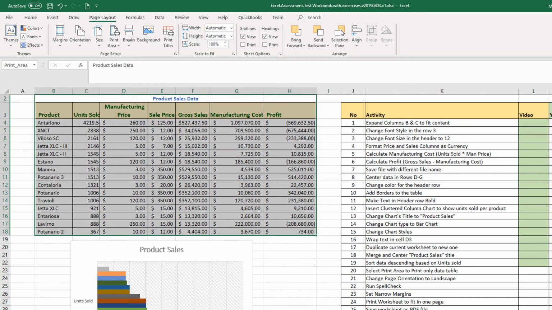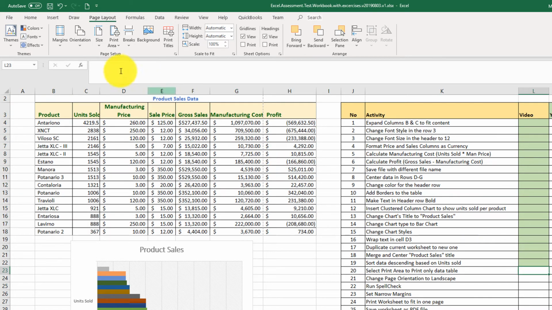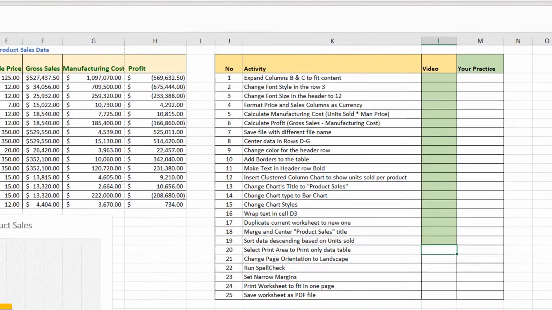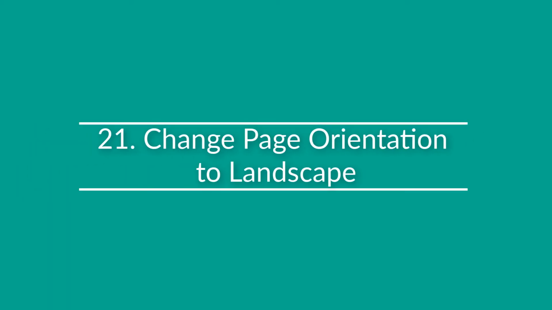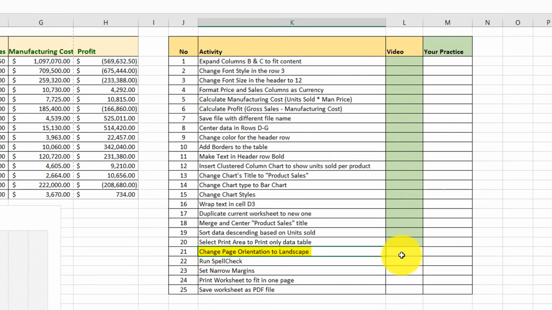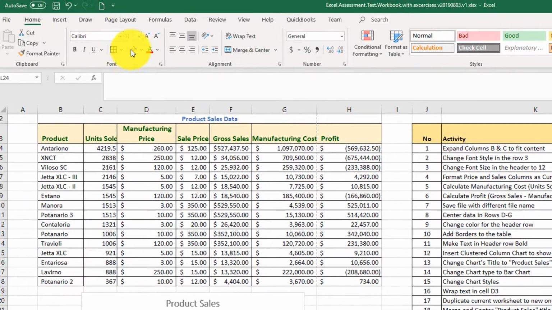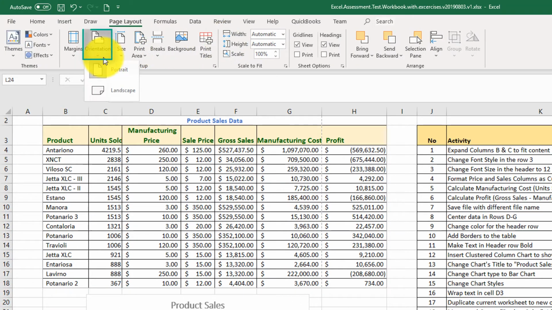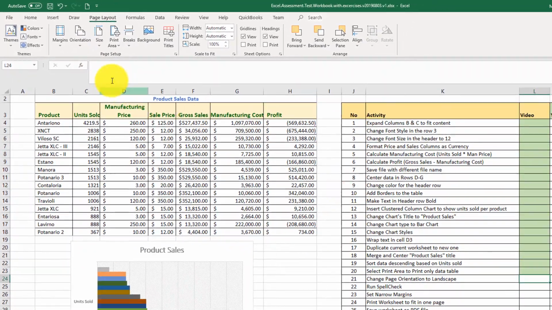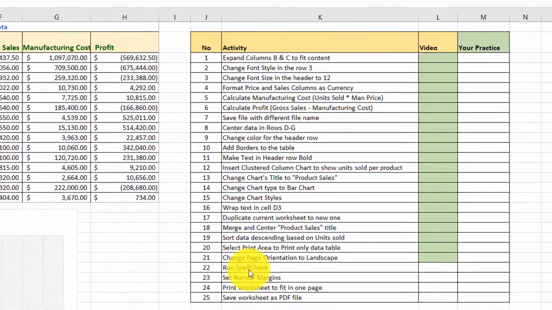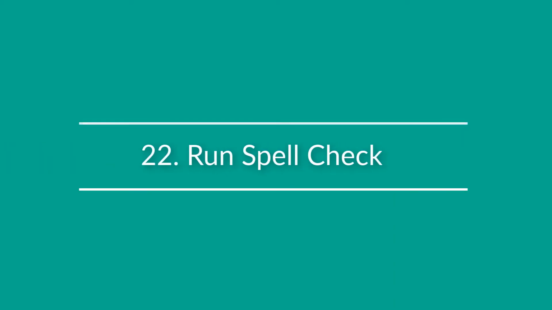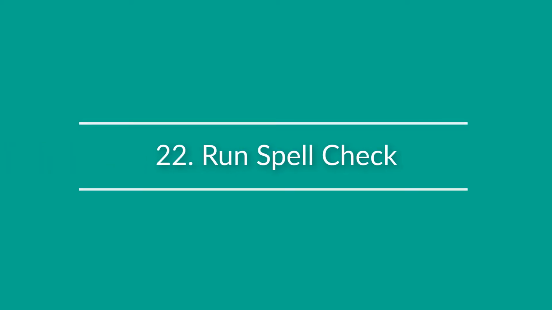And this allows us to mark completion of task number 20. And I'm reading the condition for step number 21, and looks like this is exactly what we need to do. I already explained to you how to do it. So to do it, we go to page layout, change orientation to landscape, and we can mark this task as complete. Let's go and complete task number 22, run spell check,